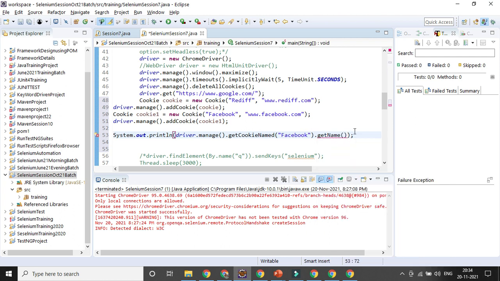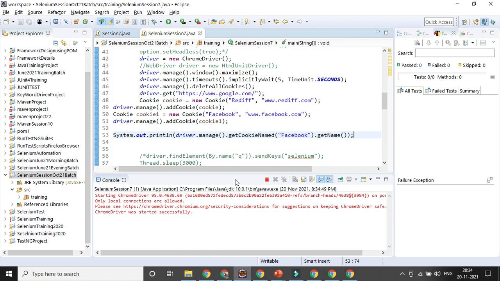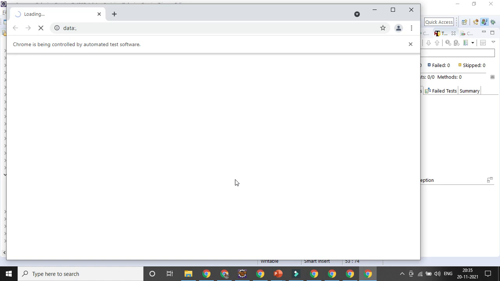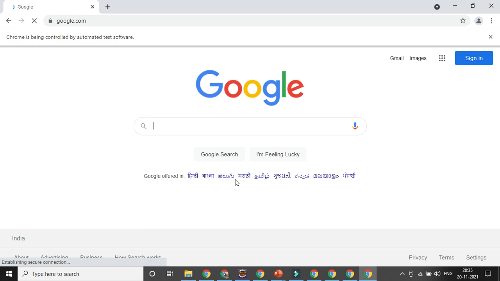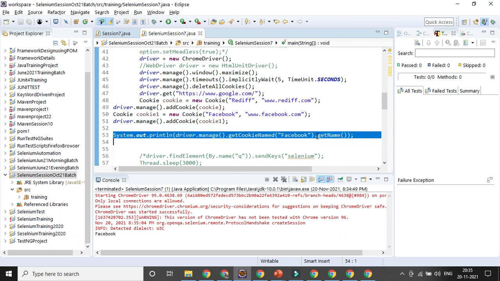That's how you can get it. Let's run the code and see how it behaves. Yeah, you can see the name of the cookie you are getting.